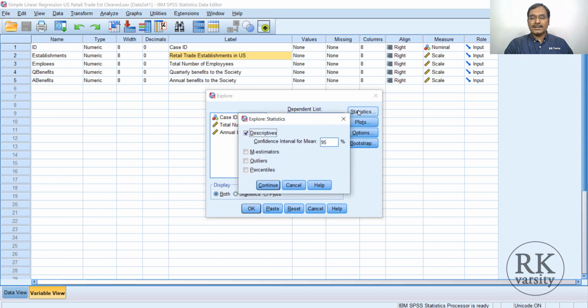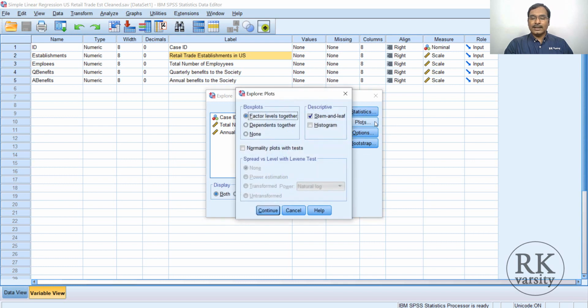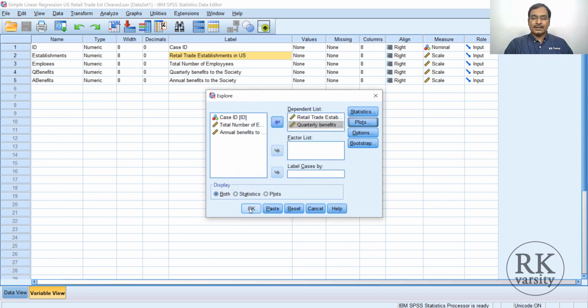In Statistics, select the outliers option, click Continue. In Plots, instead of stem-and-leaf, check histogram, and then normality plots with tests. Click Continue, then click OK.